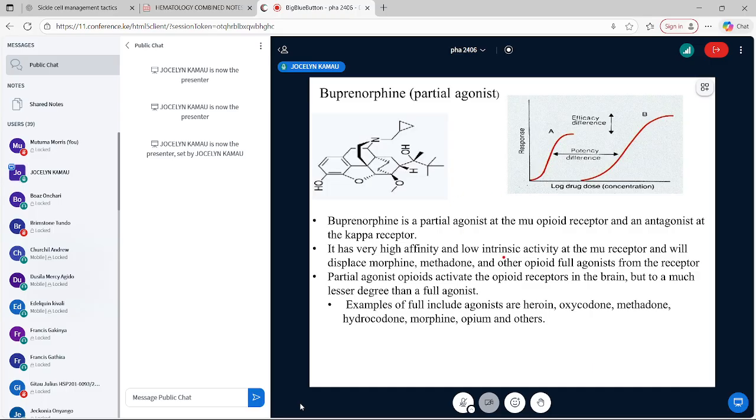He's just inquisitive. So I've even illustrated here when we talk about potency and efficacy. This is showing that this drug, this could be buprenorphine, is very potent, because you can see you need to use a very low dose. Let's say you draw that line there, for you to get that activity with the second drug B, you can see the log drug dose, you can see the dose you require. When you look at this other drug A, which is highly potent, you can see the dose you require. And therefore, we can say A is more potent than B. But now when